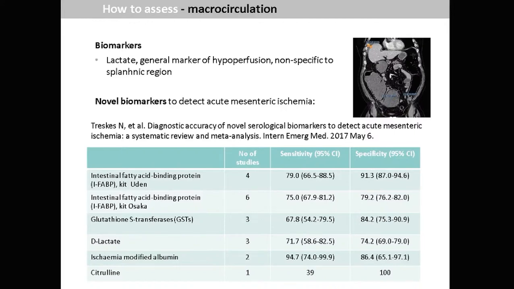A research group from the Netherlands has recently reviewed that and put forward intestinal fatty acid binding protein as the most promising in that list for use to detect ischemic lesion of the bowel. But that is an ischemic lesion. It's not that we can monitor the perfusion continuously or dynamically in your particular patient. So that was